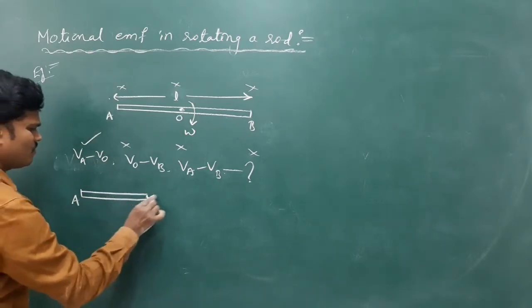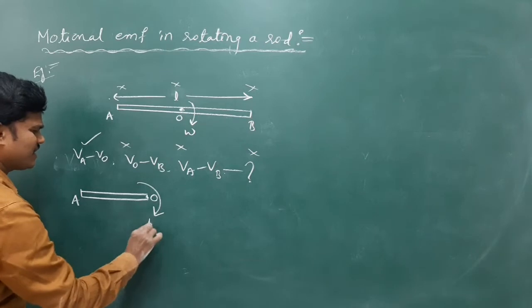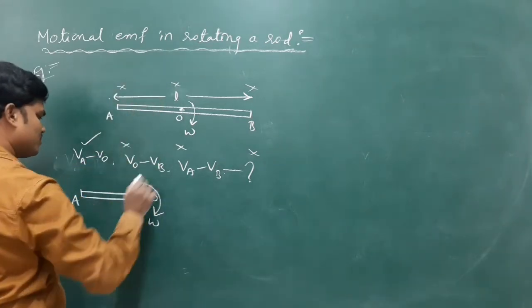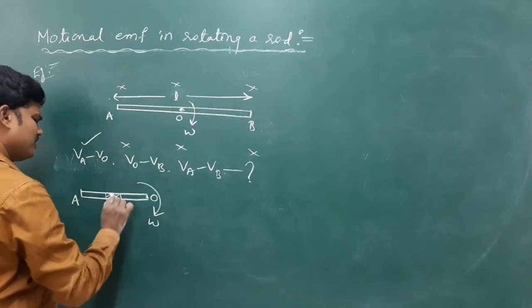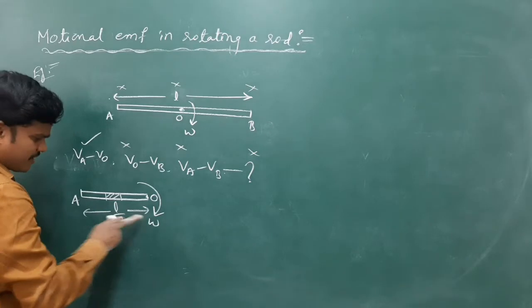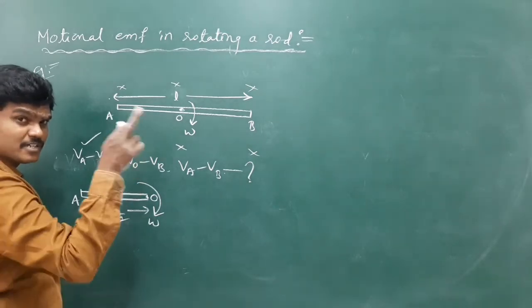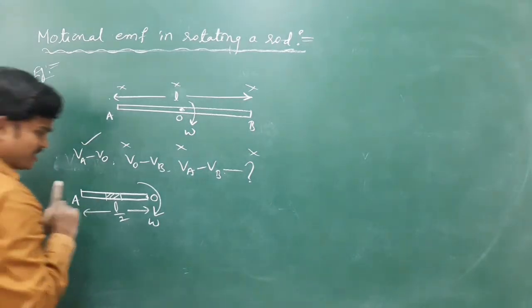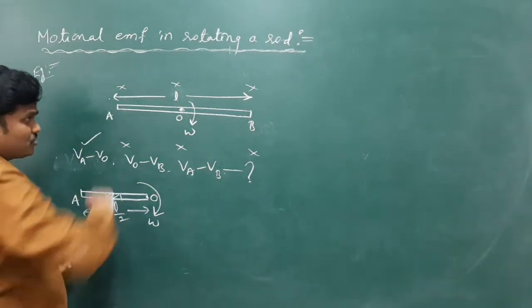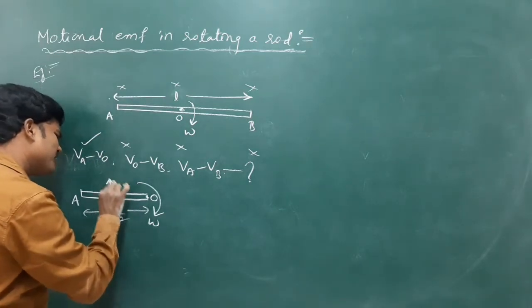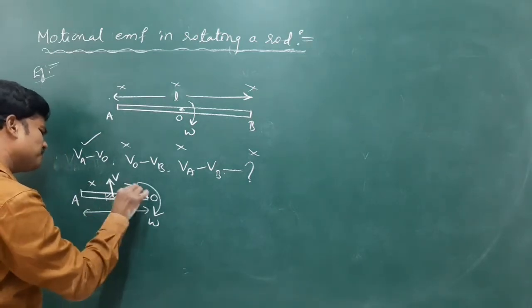AO is rotating like this with an angular velocity omega. If I take any small part, what is its length? Directly, instead of applying integration, we can take the length directly. In place of L in B omega L square, you can take L by 2 directly. But identify what direction the rod is moving. So the rod rotates clockwise. If you take a small part, that small part is moving up. Field is into the board.